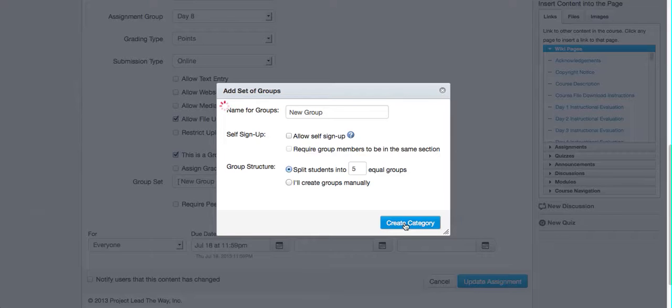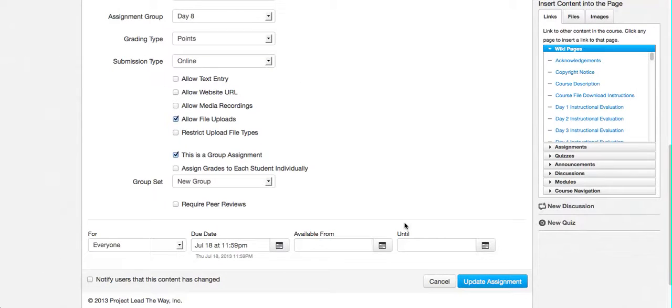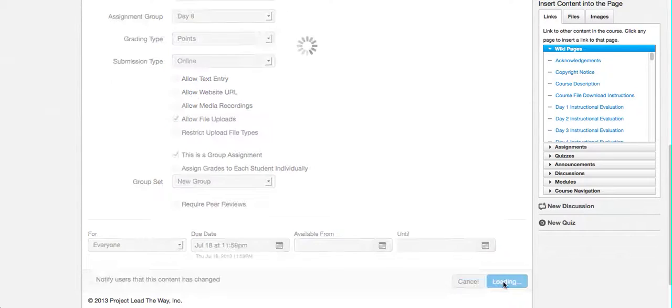So now that has created my group, and it's created my group pages. So we can go in and check them out. So now if I click Update Assignment,